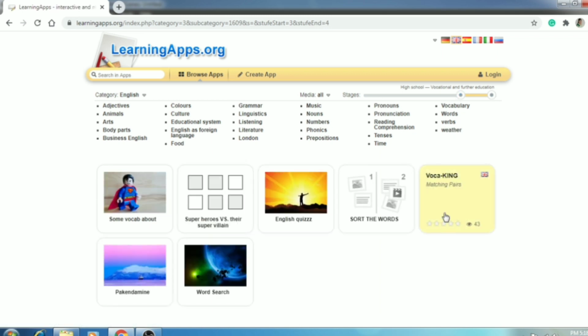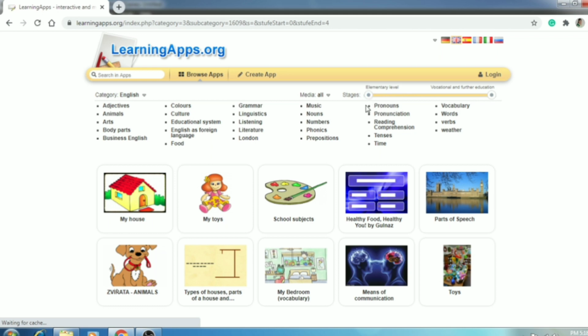So you can choose the difficulty based on your class and the way you're teaching. Now let's start with the elementary level. It's a very colorful one, and here we have many thumbnails available: my house, the dolls, the school subjects, parts of speech, toys, and different things.